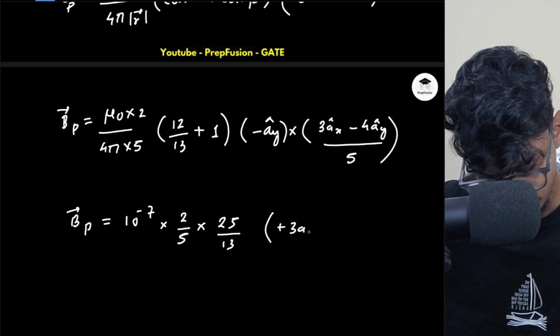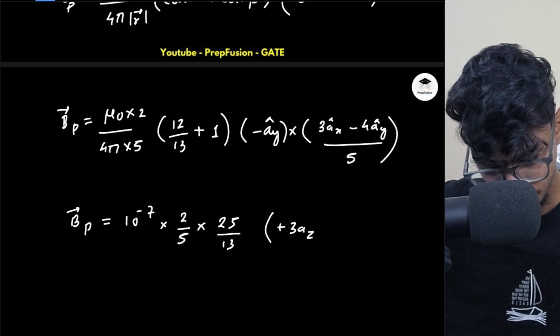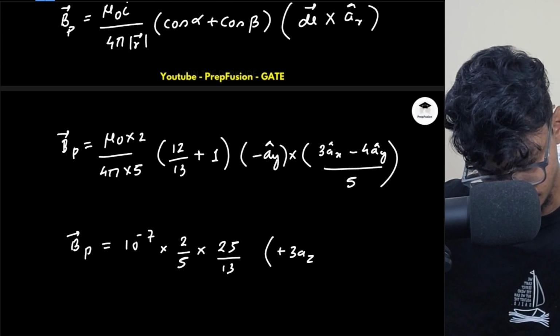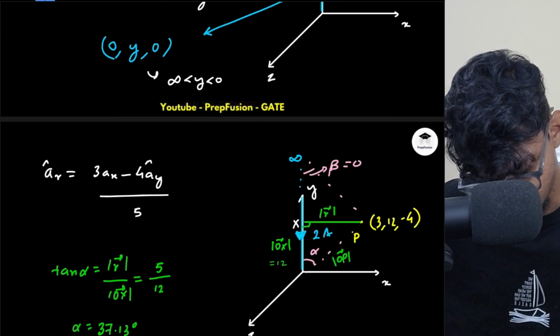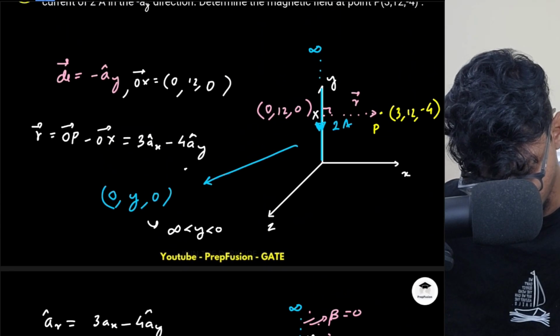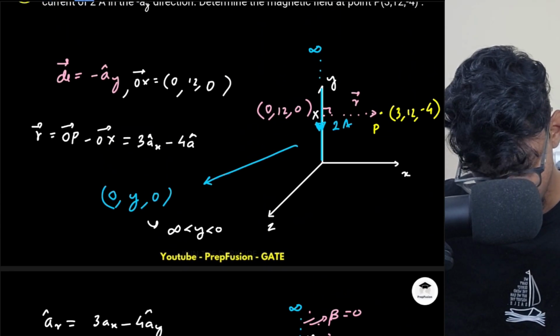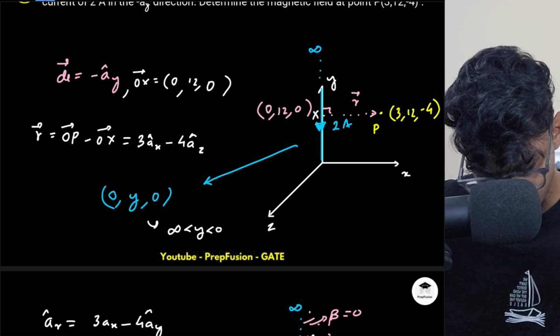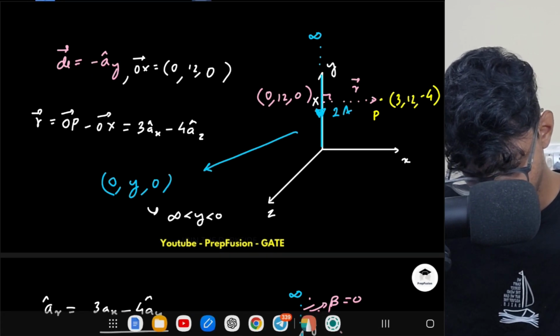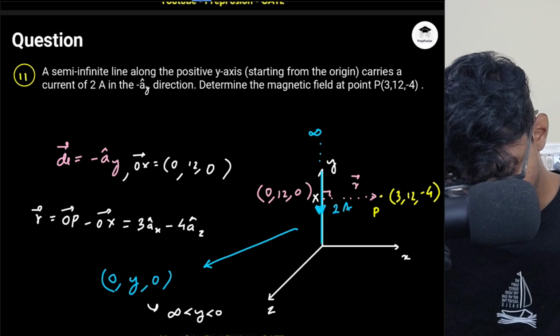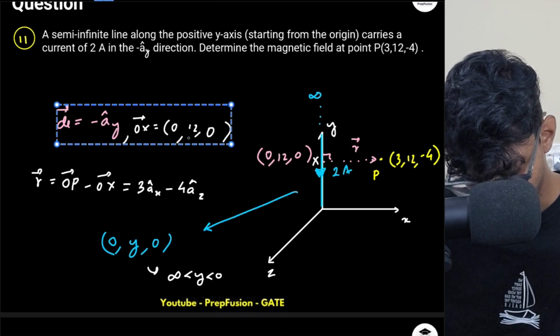Plus 3az and y cross y will be simply 0. Okay, sorry, again I have done some mistake. This should not be y, right? I don't understand why I'm making so many mistakes. Sorry about this. This will be simply z, right? Because what is my OP? I'm really sorry. So my OP is simply